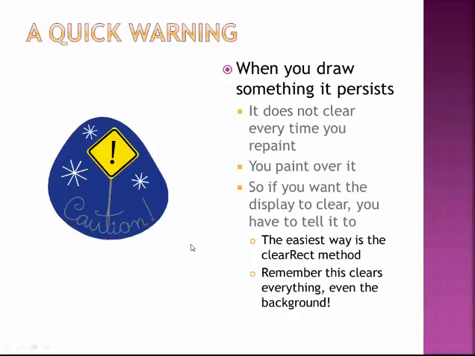So one warning while you're drawing in Java. When you draw something in Java, it persists. And when you draw the next thing, it draws over it. So think of it like oil paints. Every time you dip your brush in paint, you paint over it, and that oil sticks. Just because I come back the next day doesn't mean I start with a fresh canvas. So if you want to start with a clean palette every time, you have to wipe it out. You can use the clear rect method or just draw a color you want over the top of it. By default, I just draw a big black or white or whatever background color I want rectangle and then draw